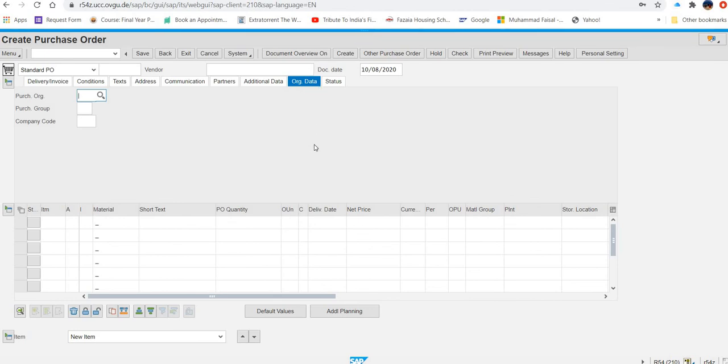Okay, so we are now in the create purchase order screen. Over here, if there is no navigation screen on the left side, click on document overview.